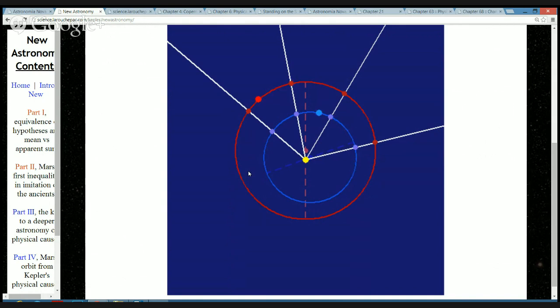The term used in astronomy for this, what we're looking at right now, is called the first inequality. So the overall length of the Mars year and what part of the sky it generally moves faster at and generally moves slower at, where it generally has short retrogrades and infrequent ones, and where it generally has longer retrogrades and more frequent ones. That's the first inequality.